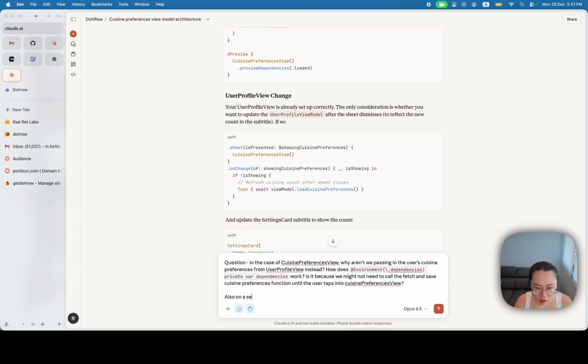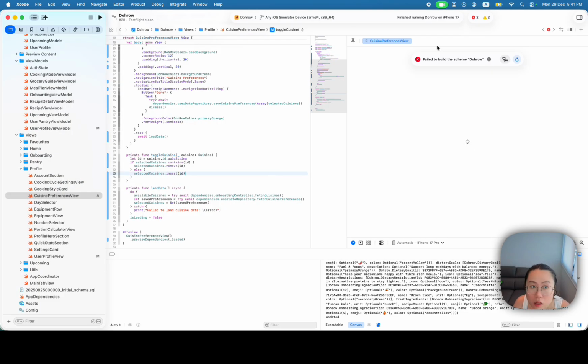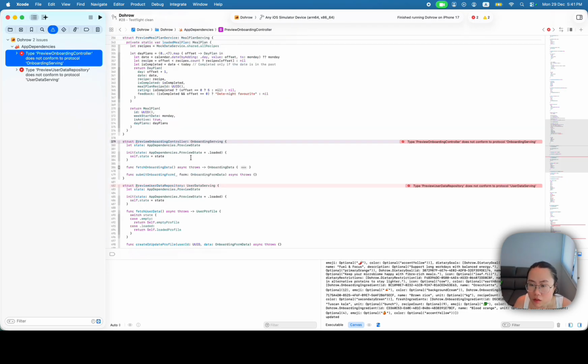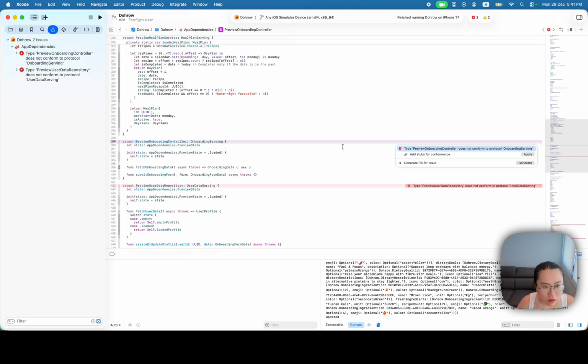Also on a separate note, please help me add the stubs for